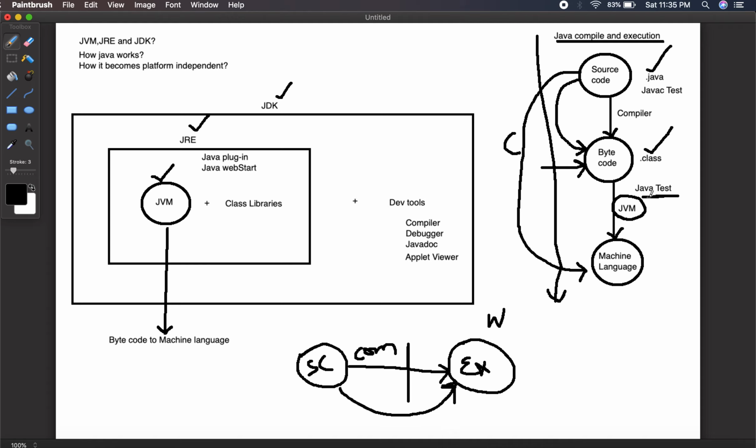It is the JVM's responsibility to trigger the main method. We have a public static void main. It triggers that method, and that is where your execution starts. It's the JVM's responsibility to kickstart our program from the main method.